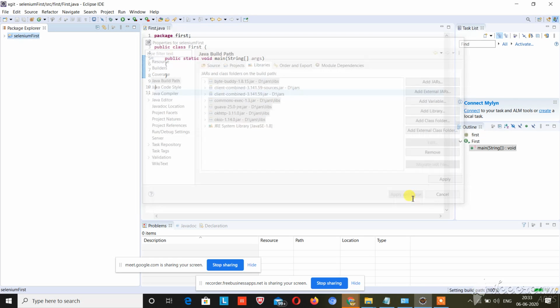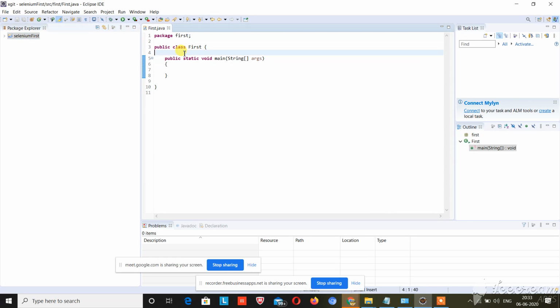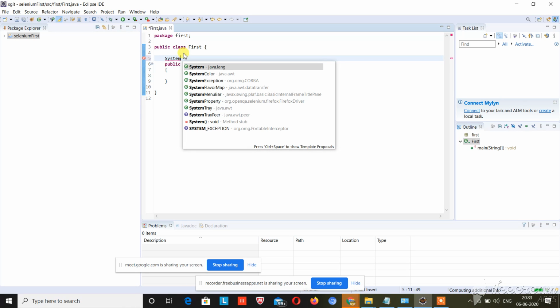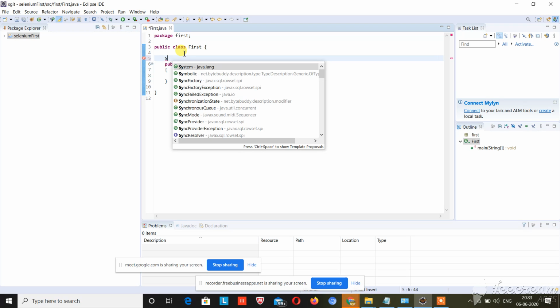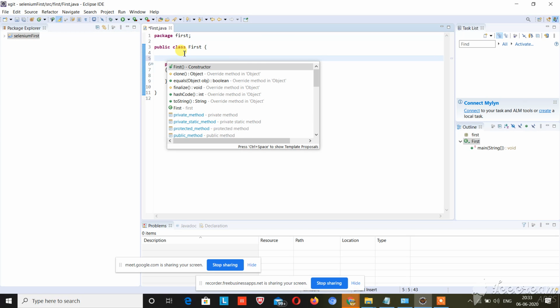So click on apply, and now system dot. Guys, I am starting coding. I will be making the first program, so you just need to do what I am doing here.